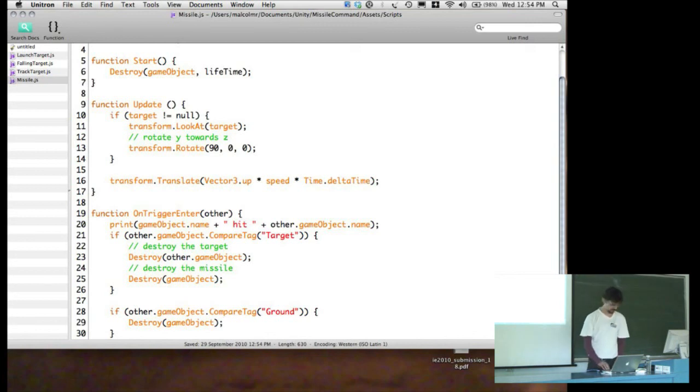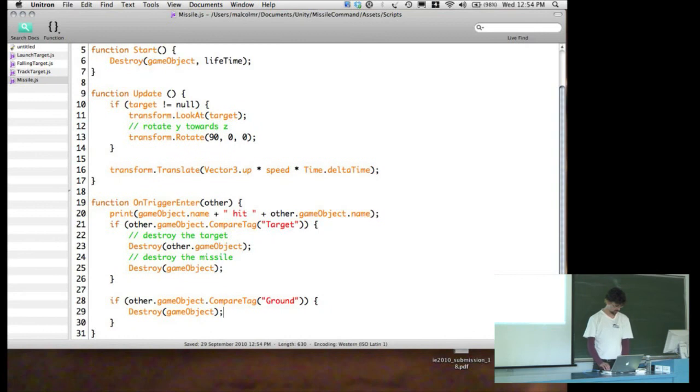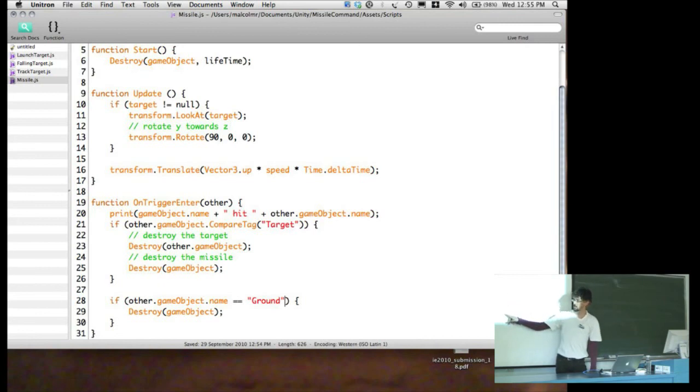Now, so now I'm using tags to identify things. So before what I did here was to say if other dot game object dot name equals ground. So I said if the object that we've collided with has the name ground, then we've hit the ground, so just destroy the missile. But the targets won't all have the name target. The targets will have different names depending on when they were created,